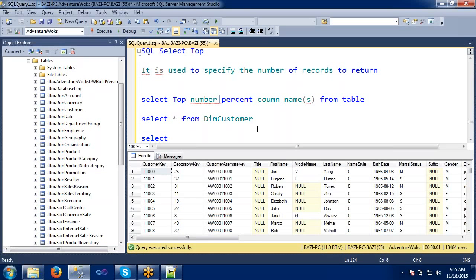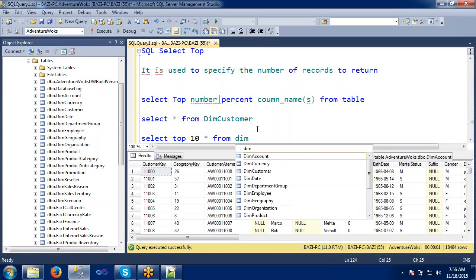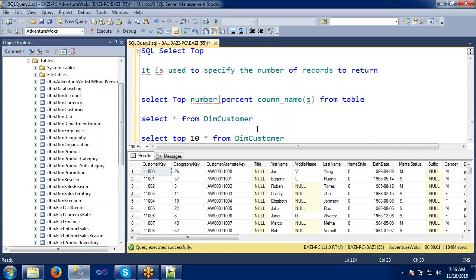Let's see, select top 10 star from DimCustomer. See, now I got only the top 10 rows. We have around 18,000 records, and in that I'm getting only the top 10 records.